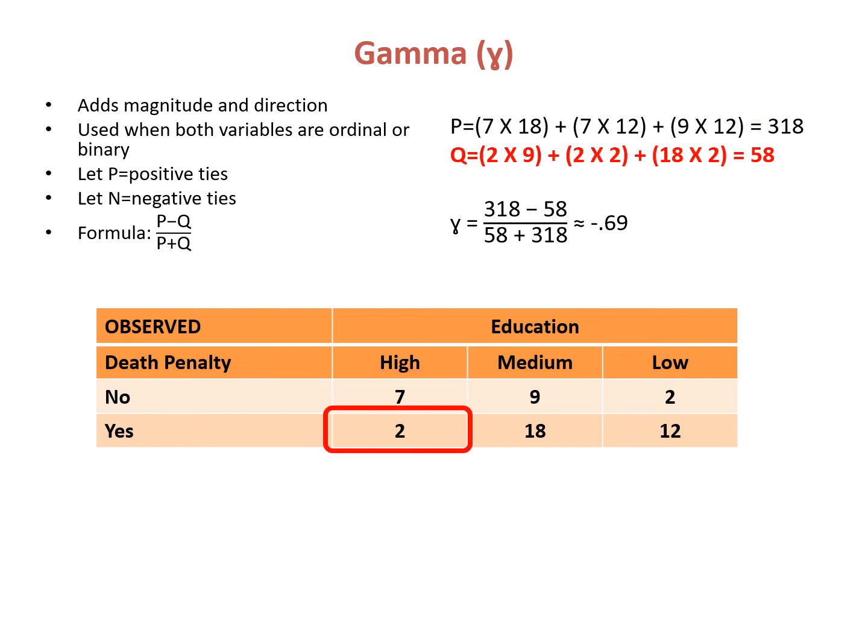Let Q be the number of negative ties. We start with the cell yes high and work our way across again. Here the numbers for P and Q are plugged into the formula and we get a value of gamma that is approximately 0.69. Since this number is standardized, we conclude that we have a strong positive relationship between education and